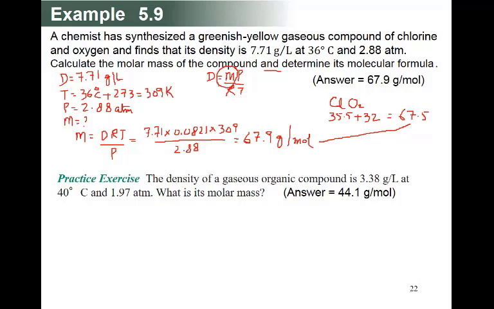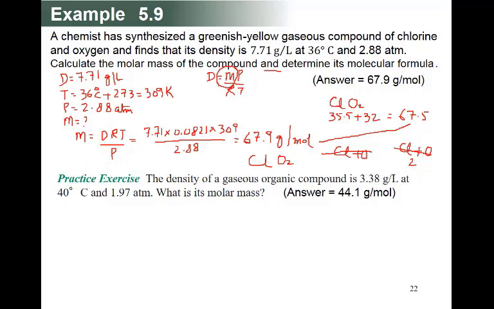So you have to try this. Suppose you say Cl plus O, the answer will be small. Then you try Cl2 plus O, then again the answer will be big. So this estimation is wrong and this estimation is wrong, but ClO2 is the nearest number, so we can say this formula will be ClO2.